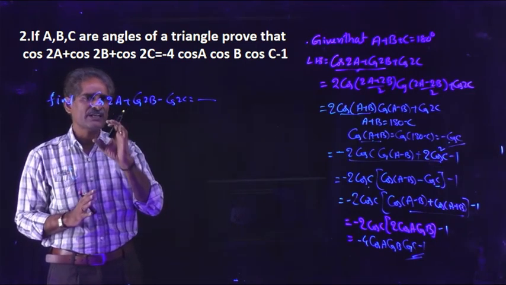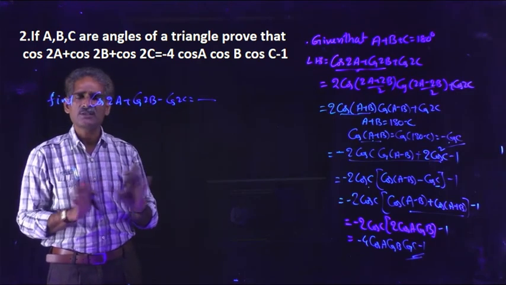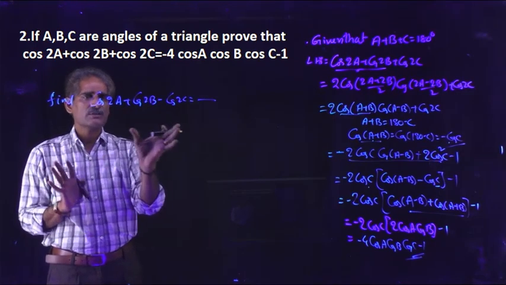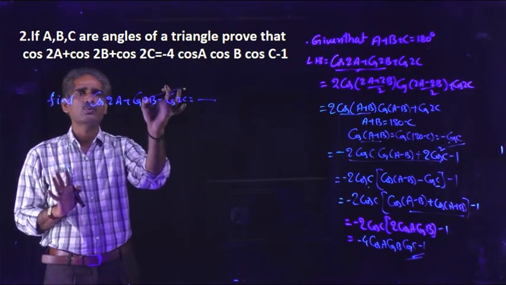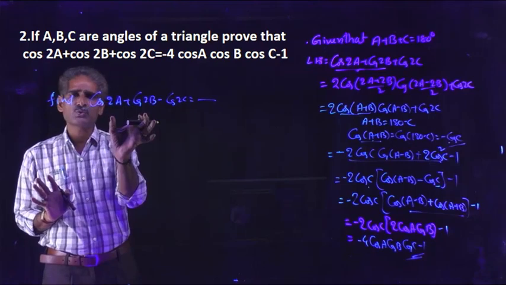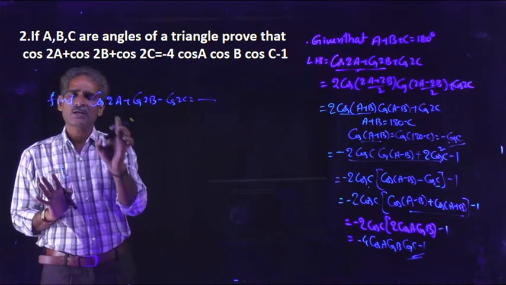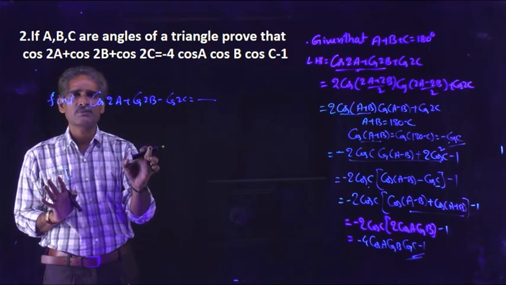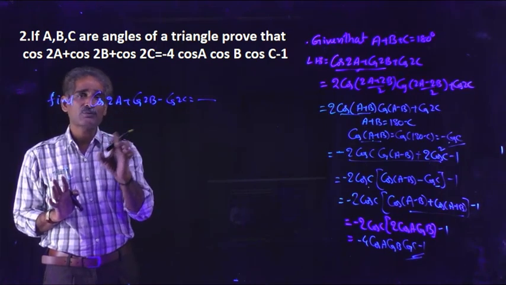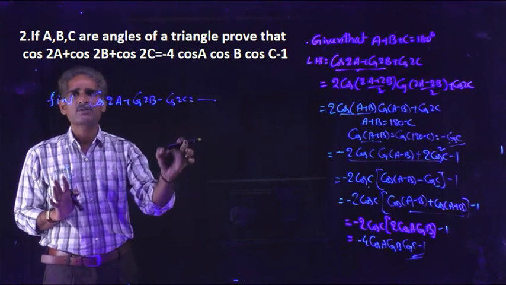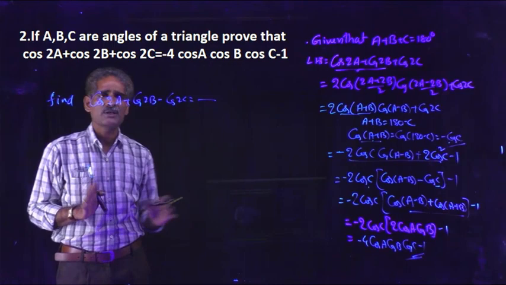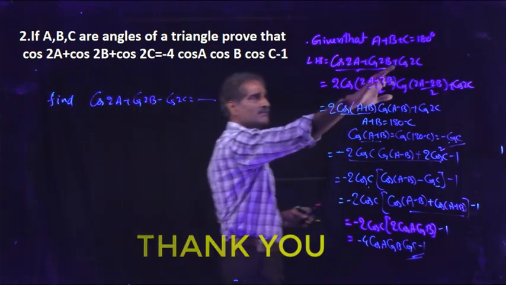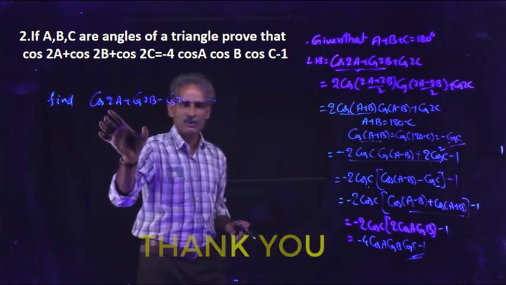If you have a clear idea about the formula and process, it is very easy. Just take two functions out of three. You can choose these two, these two, or these two. Apply the formula. Better to take these two. Apply the formula, and cos (A plus B) and cos (A minus B) functions you will get. Try to change cos (A plus B). You will get minus cos C. Again write down the cos 2C formula in terms of cos C, and take cos C common. Same process, but the symbol is different. That's it. Just try to do this problem. Okay.